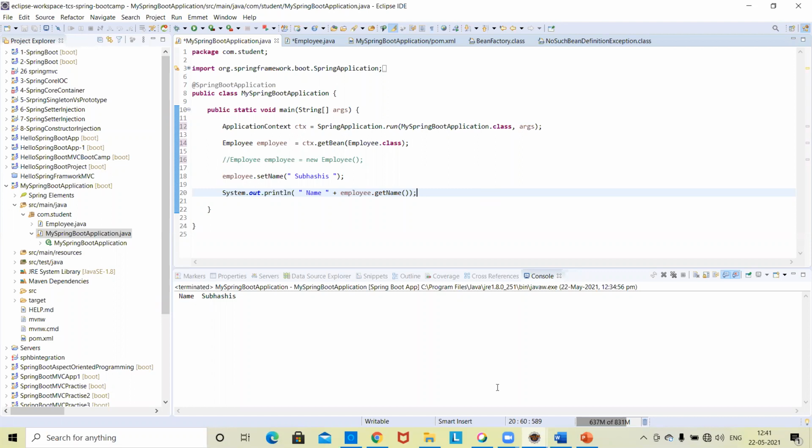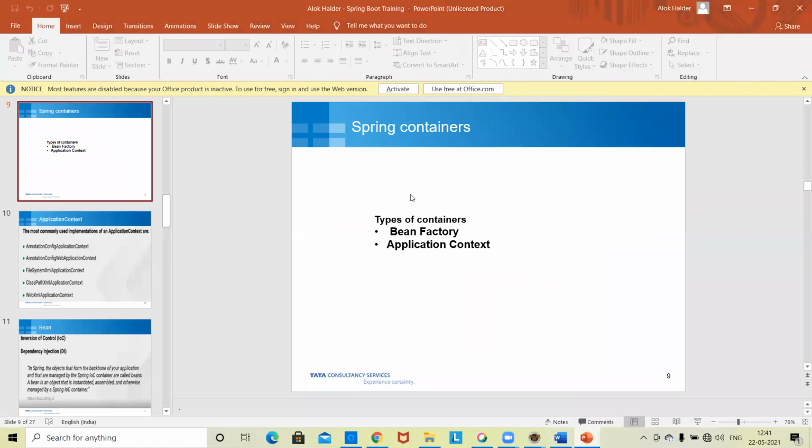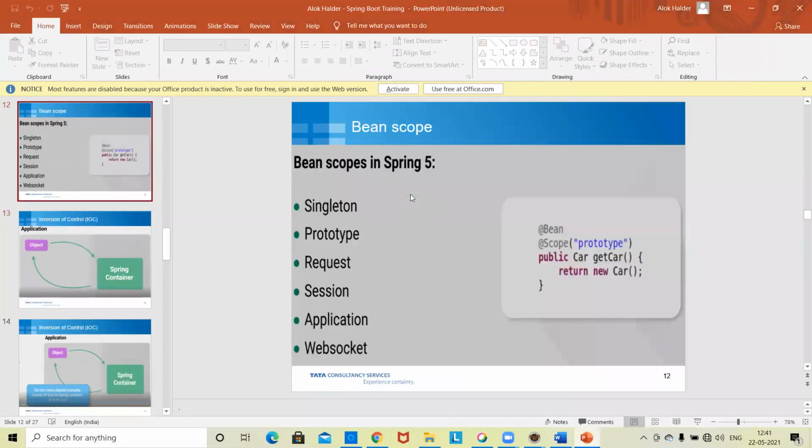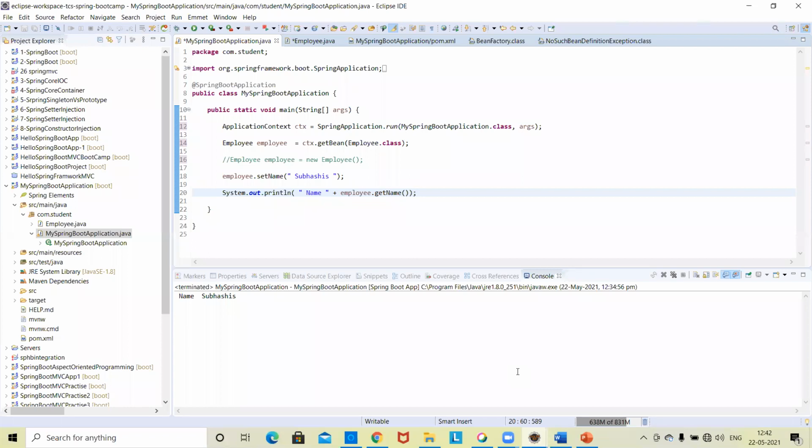There is a property. Just we learn these things. We are moving here. There are 6 scopes of a bean in Spring. We are not going to focus on everything. We are just going to focus on singleton and prototype. First, you learn these two, singleton and prototype. What is singleton? Here again, you have to go back to Java. Everything you do is related to the backend, core Java.